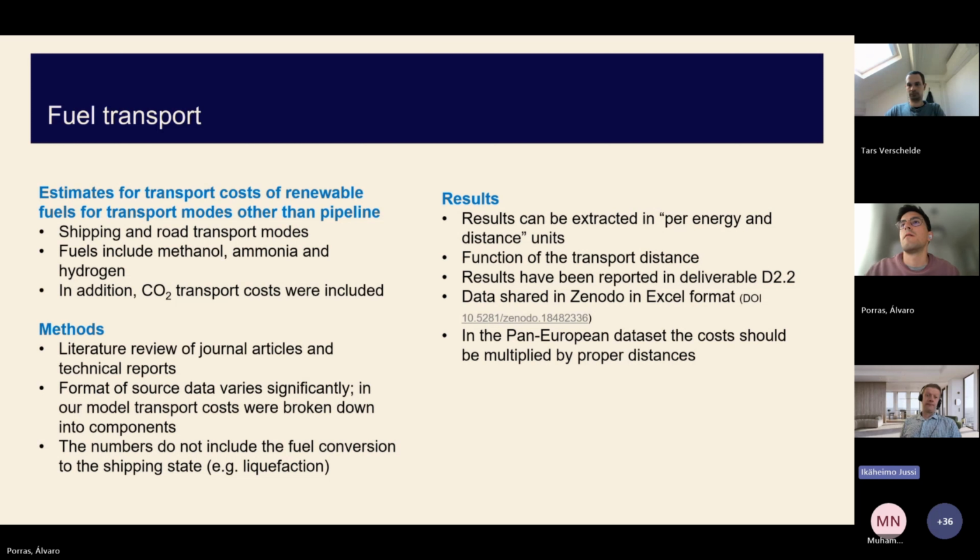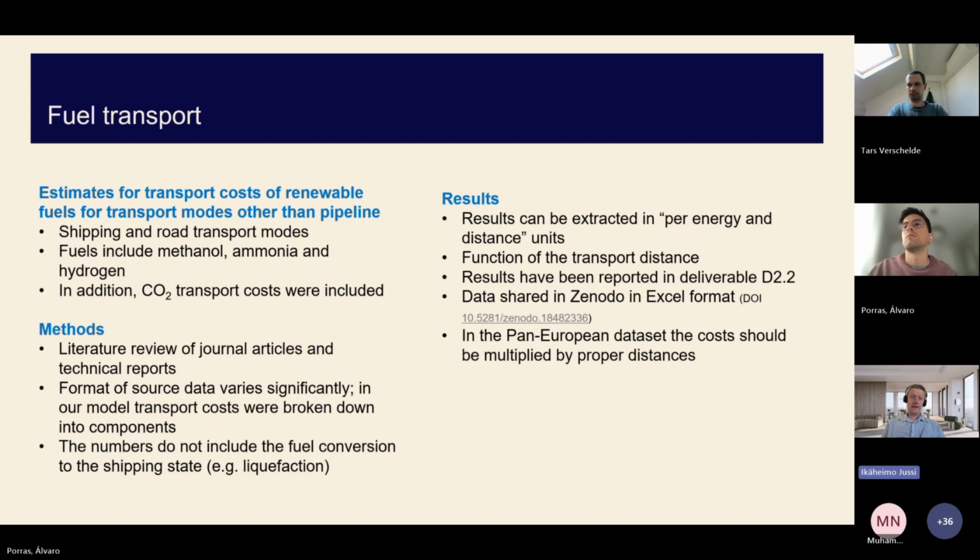Basically, this is a literature review using scientific articles and technical reports. The problem was that a lot of this source data just provide very simple total costs for the transport costs.